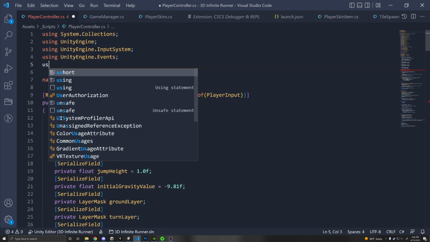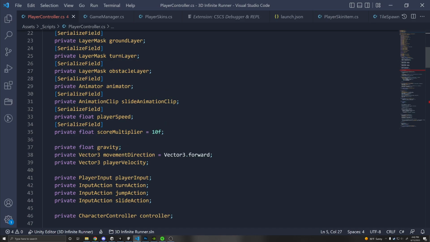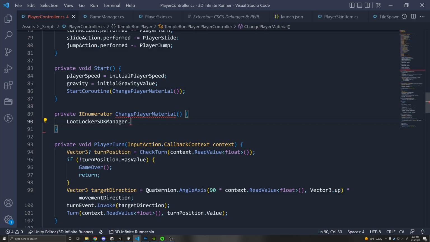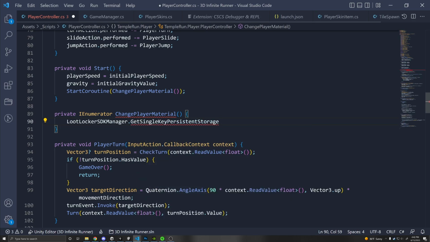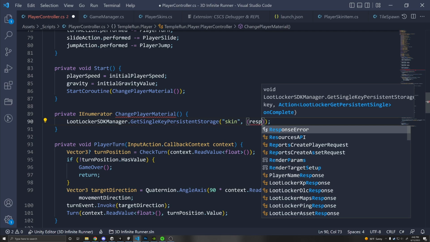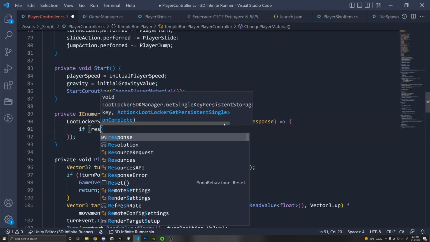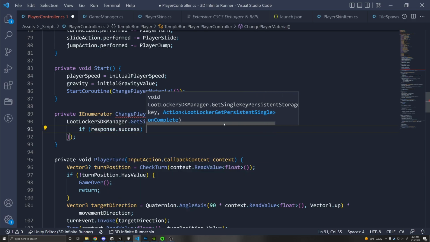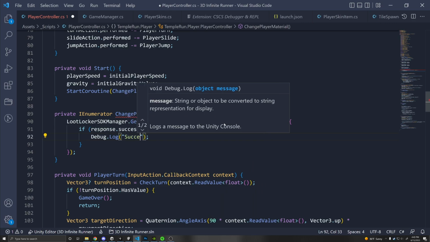So make sure we're using 8Locker.Requests in this player controller. And now we can do 8Locker SDK manager GetSingleKeyPersistentStorage. So this takes in the key, which in our case is skin, and returns a response with our new value. So if response is successful, then we can do Debug.Log and we can do "successfully